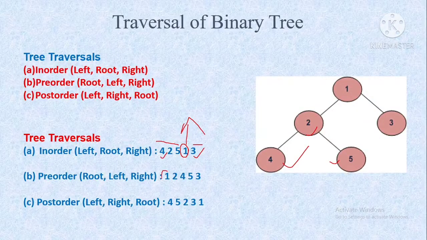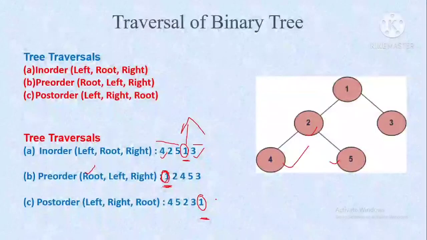In pre-order you can see the root comes first, because you have to read this root node first, and only then left and right. So you can find this root node is placed in the first position of this order. And in post-order the root comes at last. So easily you can identify. The root node of in-order traversal divides the tree into 2 parts, left subtree and right subtree. But in pre-order the root comes in the first place, and in post-order the root comes at the last.